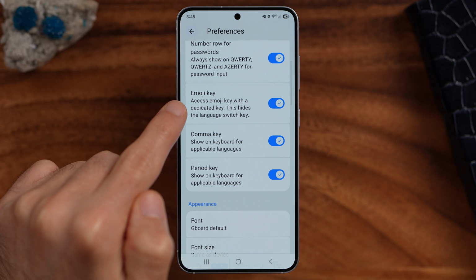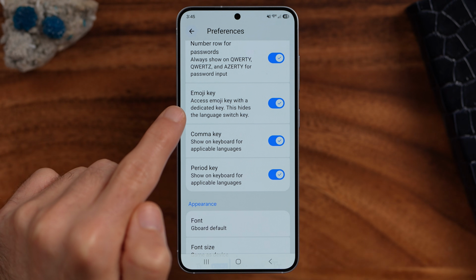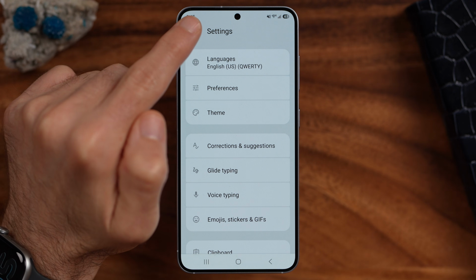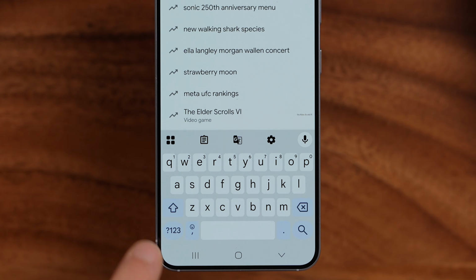and here's Emoji Key Access, the emoji key with a dedicated key. All you need to do is toggle this off. And now if you go back out of here, you can see it no longer has that dedicated emoji keyboard